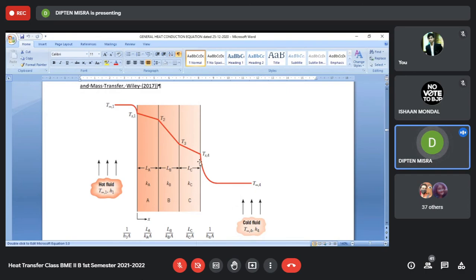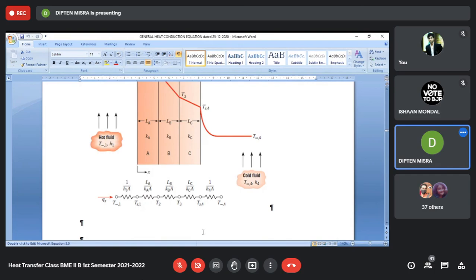So you may have layers of wall, which we call a composite wall. There we had the outermost convective resistance. Then in between you have a conductive resistance given by L by KA of that corresponding layer. It is not L, the overall thickness, but the local thickness La divided by Ka, the conductivity of material A. Then you have Lb by Kb into area. Then you have Lc by Kc into area. And then you have the outermost convective resistance given by 1 by H2 into A.